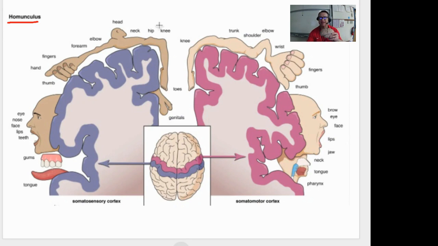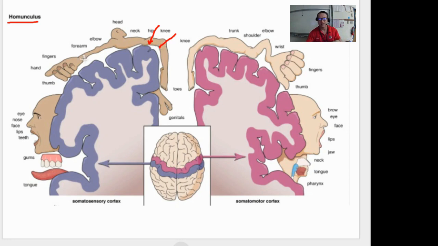So you can see on the very top right here, that specific area of the primary somatosensory cortex is for your hip or for your knee right there. So if you put a little electrode right there and shock this part of the brain, you'd be like, oh, my knee hurts. You wouldn't feel it in your brain because this little area of your somatosensory cortex is devoted